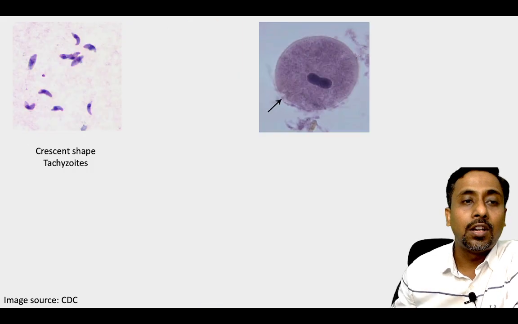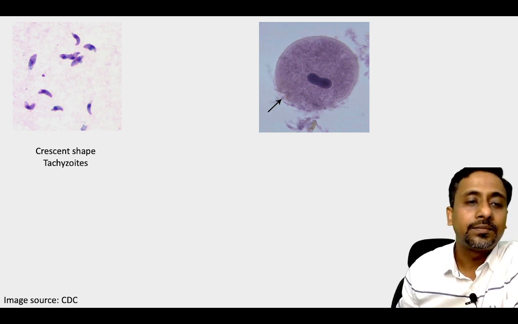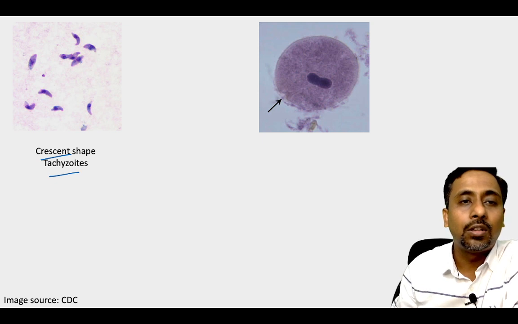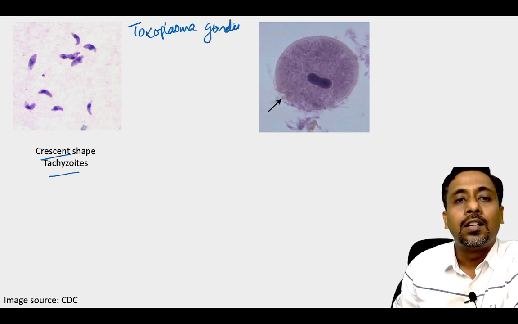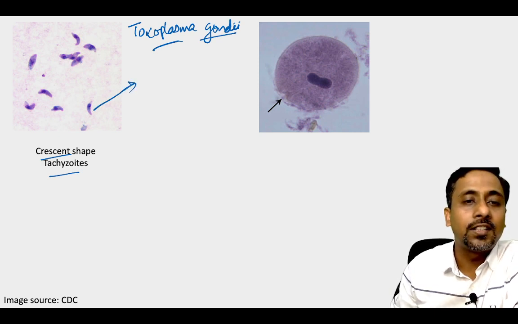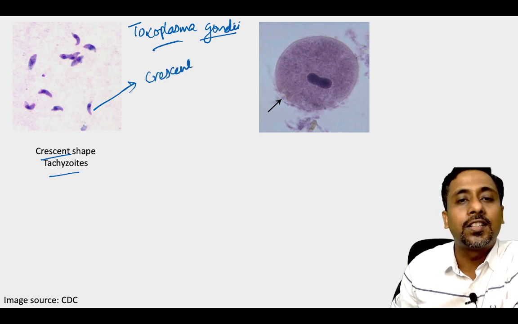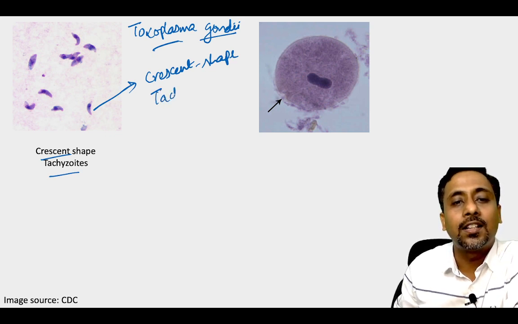Fine. So now move on to the next trophozoite, and this is the trophozoite of the coccidian parasite, Toxoplasma gondii. So the characteristic shape of this trophozoite is crescent shape, and as it is a rapidly multiplying trophozoite, it is called tachyzoites. Okay,